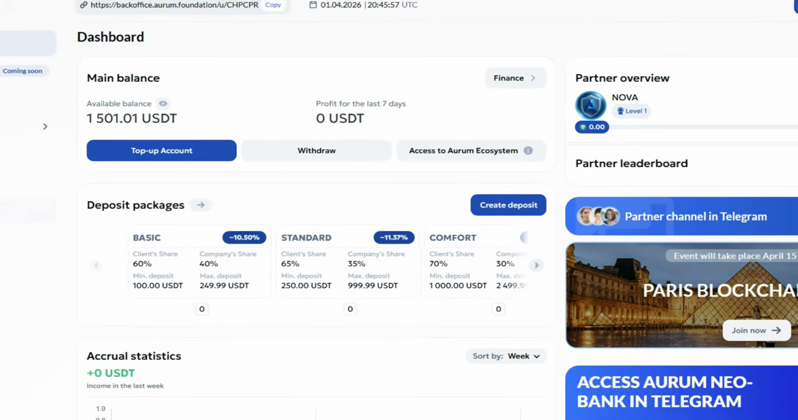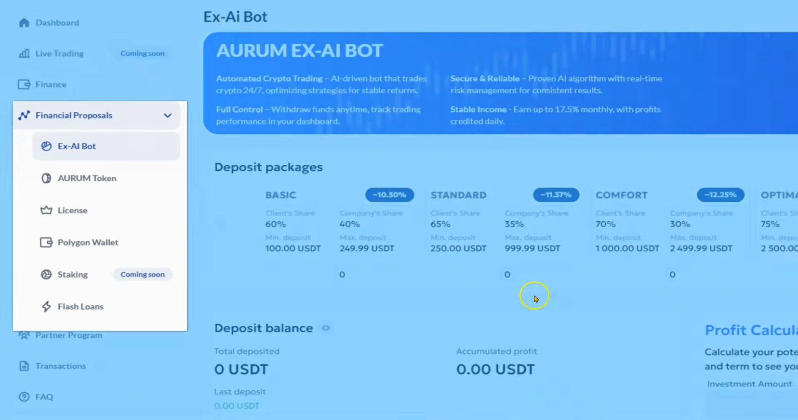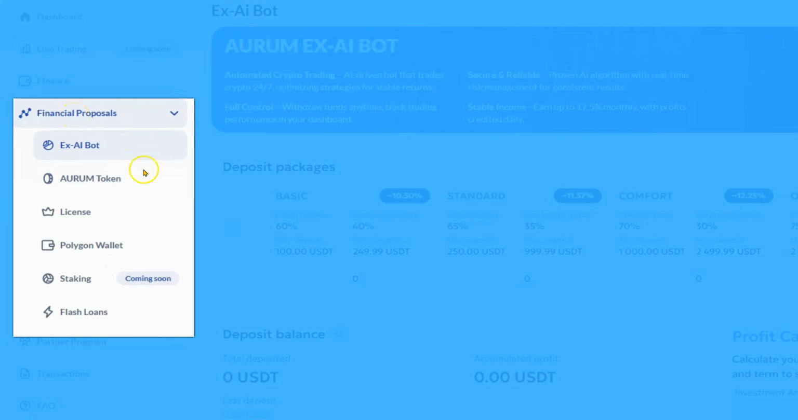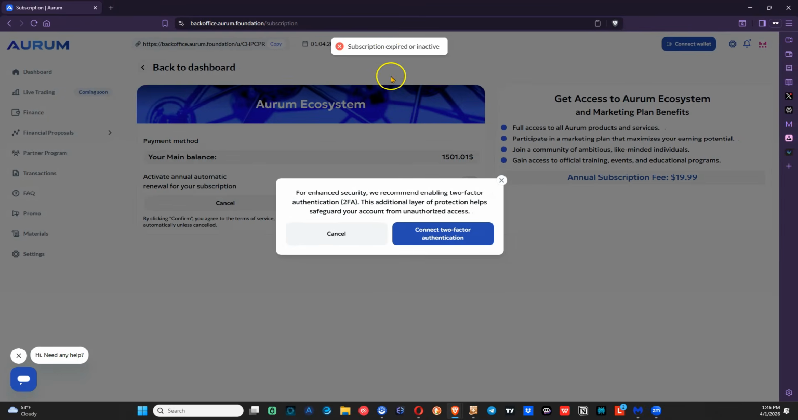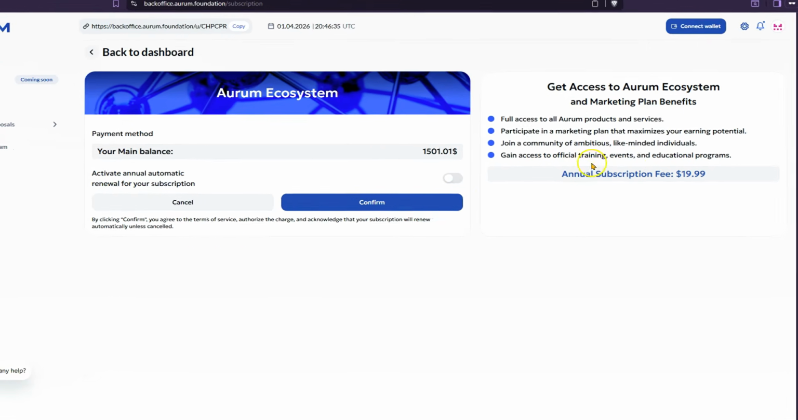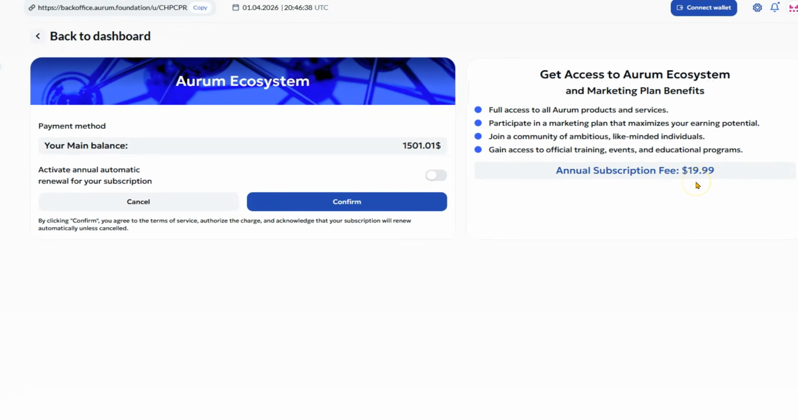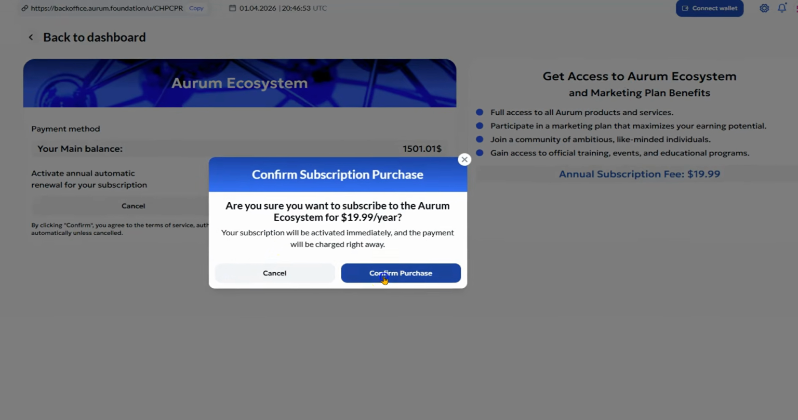So now what you want to do is come over here. The first thing you want to do is top up your XAI bot. And the way you do that is come over here to Financial Proposals, XAI bot, and you want to create a deposit initially. Oops, 1 second. We need to fund the ecosystem, which is $19.99. I'm going to activate the annual automatic renewal button right there. I'm going to hit confirm payment method from your main balance. I'm going to hit confirm again. I'm going to confirm purchase,